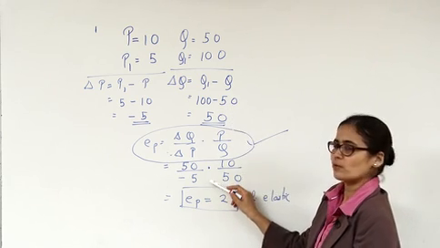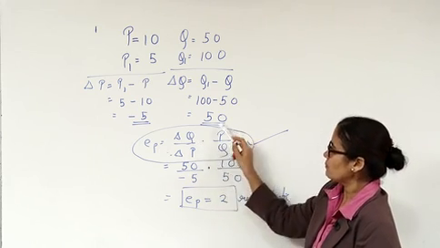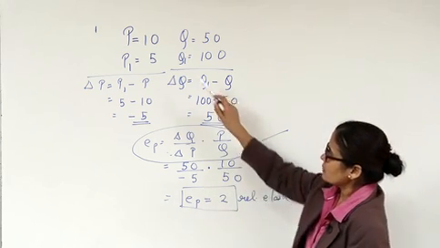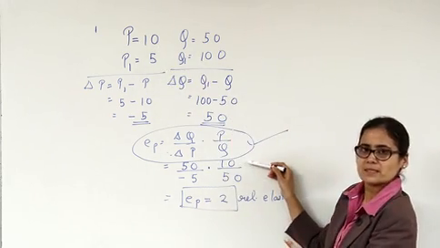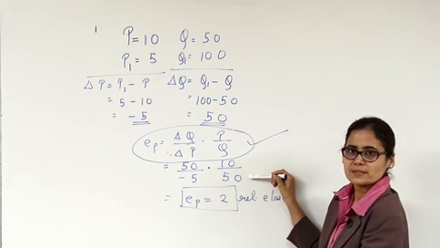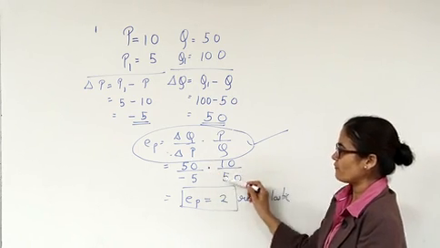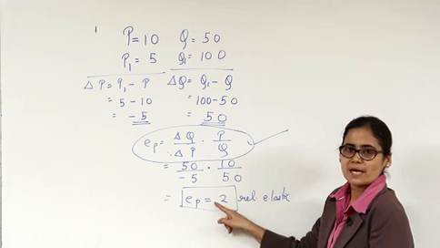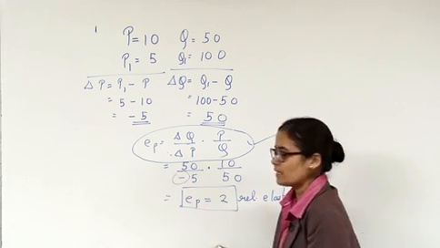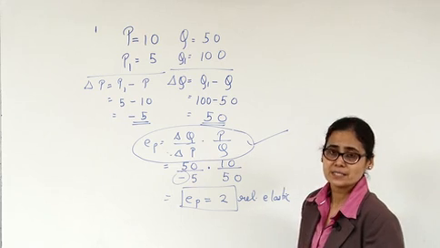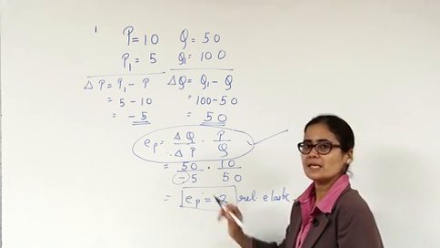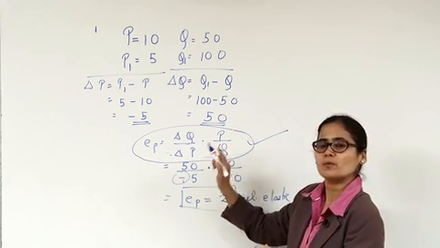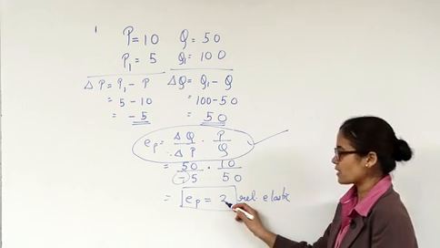Now you just substitute the values. So delta Q is 50, delta P is minus 5, P is 10. So you write that 10 as it is. Q is 50, you write as it is. Now cancel, 50, 50 gets cancelled, 5 twos are 10. I have not put the minus sign over here. So the minus sign can be ignored in price elasticity. I repeat, the minus sign can be ignored. The minus sign only stands for the inverse relation between price and quantity. So your answer is 2.